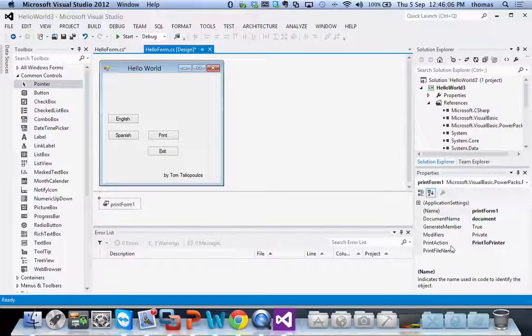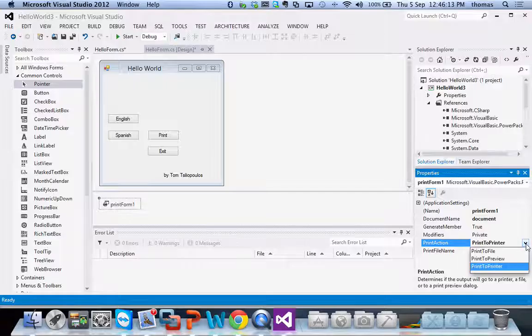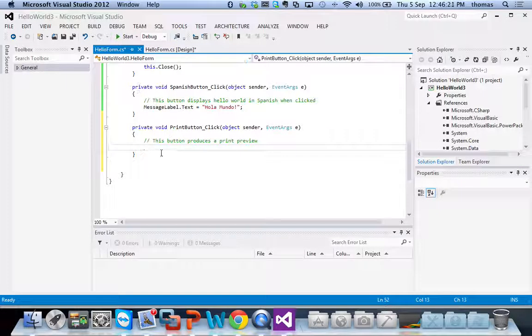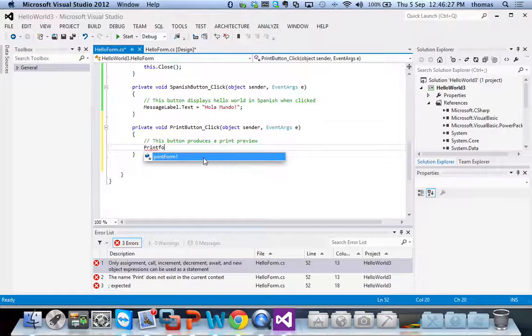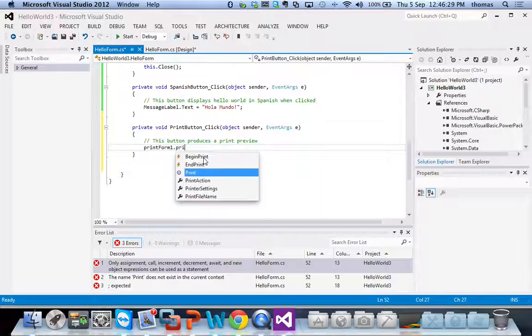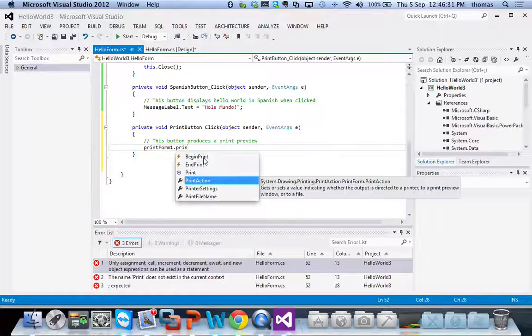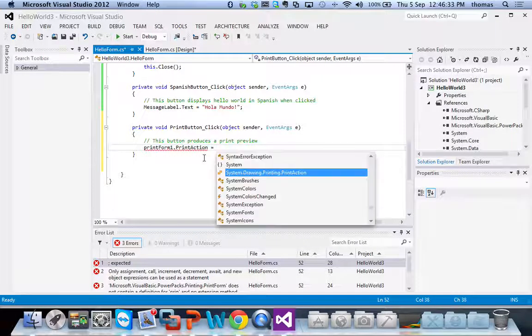My print action is the thing that actually decides what I print. Right now, it goes print to printer. I can change it physically here, so I can just put print to preview, right? Which is okay too, right? Or I can do it programmatically. Okay, so programmatically for me to do that, I got to go here, and I got to say print form 1 dot print action, because I'm actually changing the print action of my form itself, is equal to,